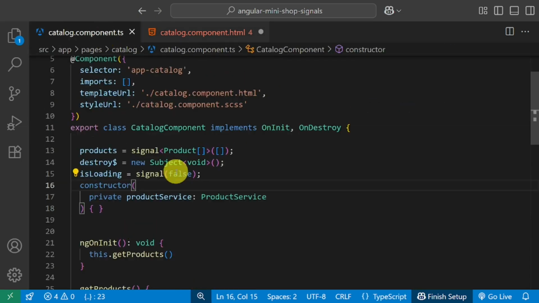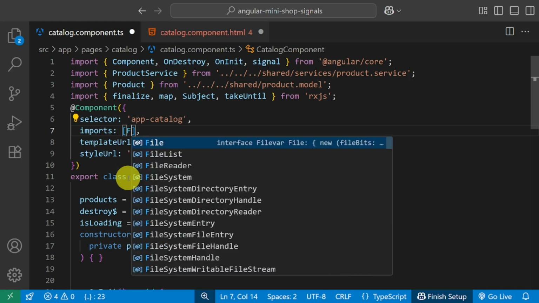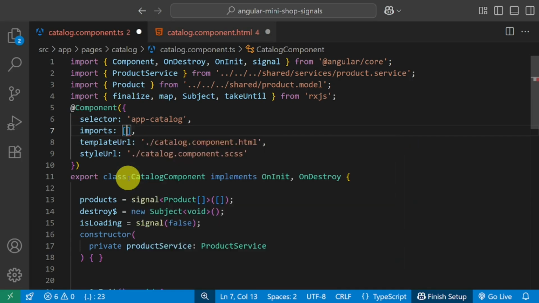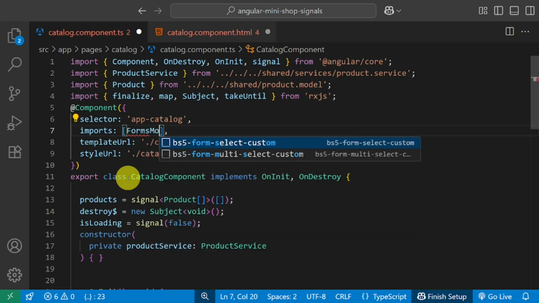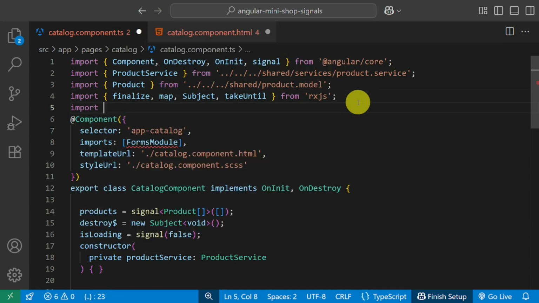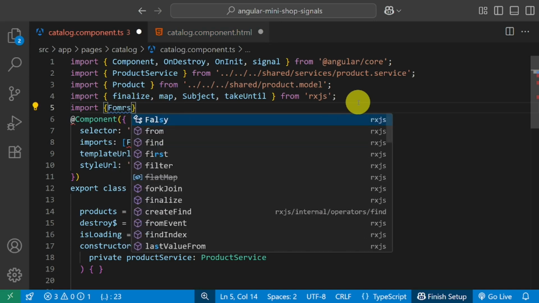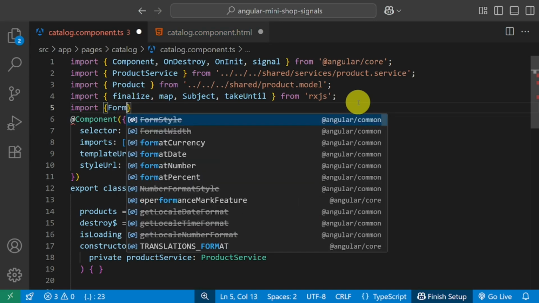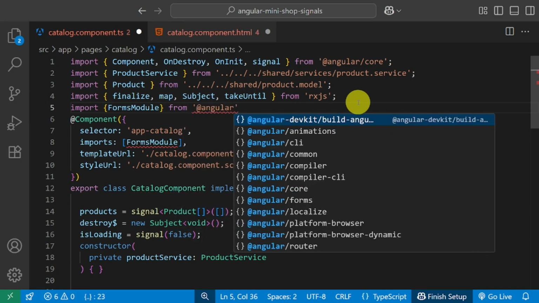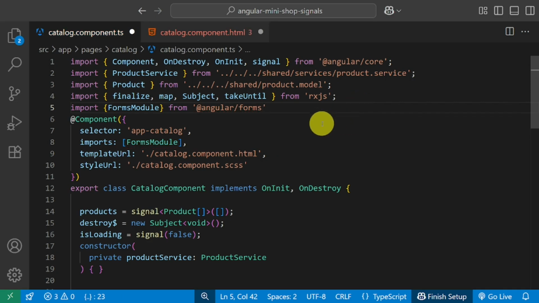Now in the TS, first I import FormsModule. At the time of recording this video, I don't know why my auto import plugin didn't work. Now I had to import FormsModule manually from @angular/forms because of ngModule.